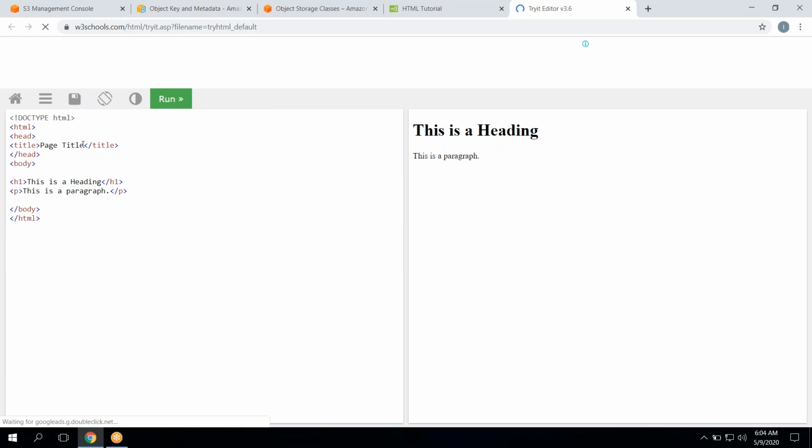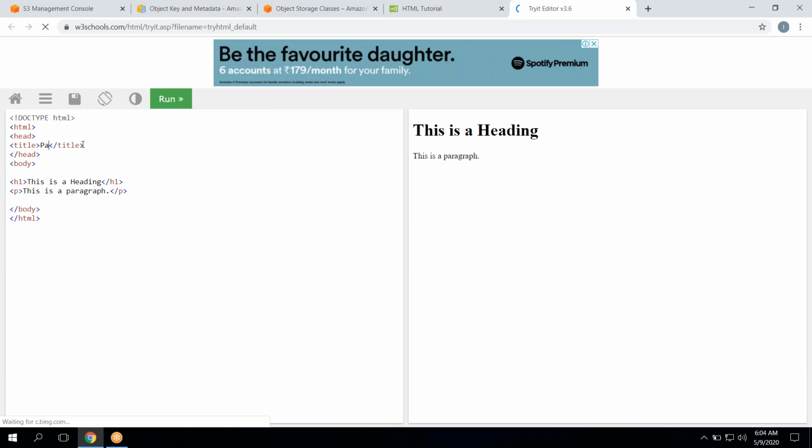Hey, so we are going to learn this, and we can say page title here. And we can say the heading is, what is the heading? We wanted to keep the heading as, let's say, AWS S3 is a wonderful service, right? And the paragraph is,